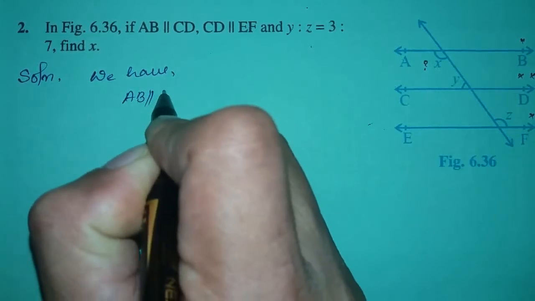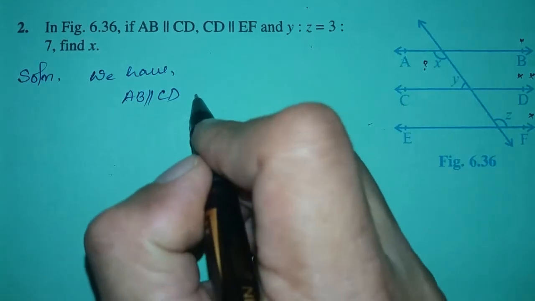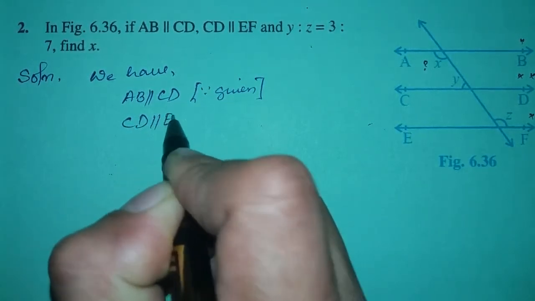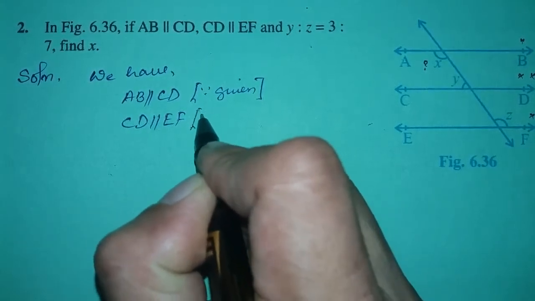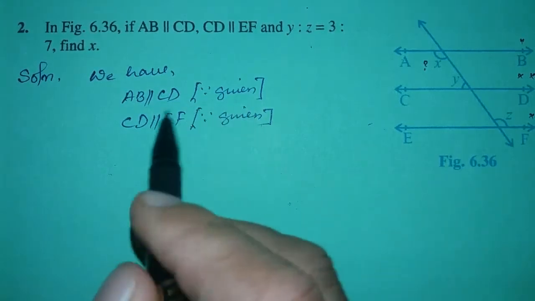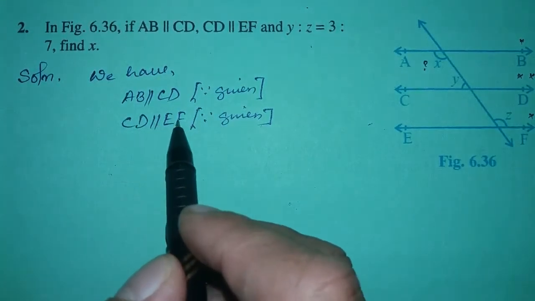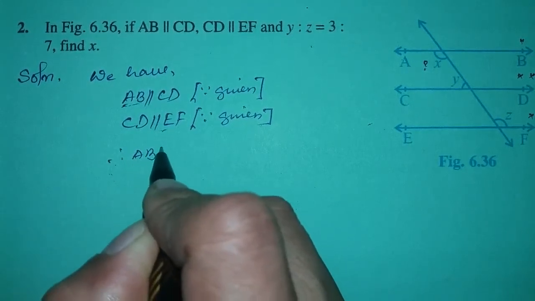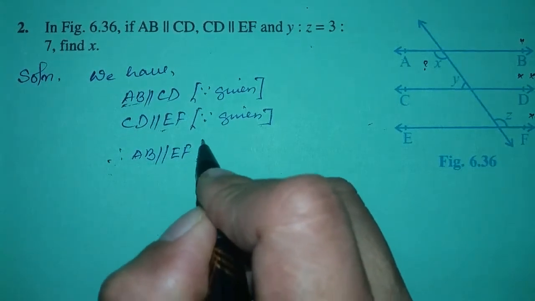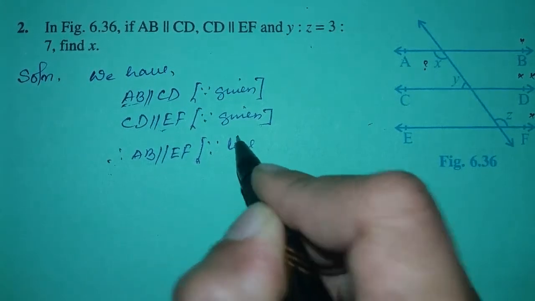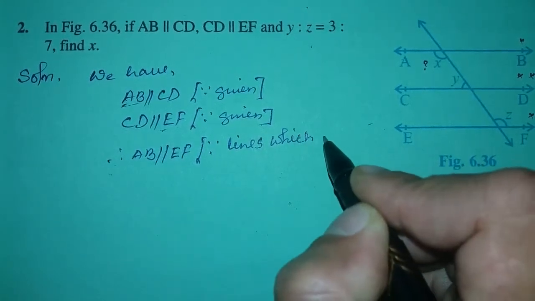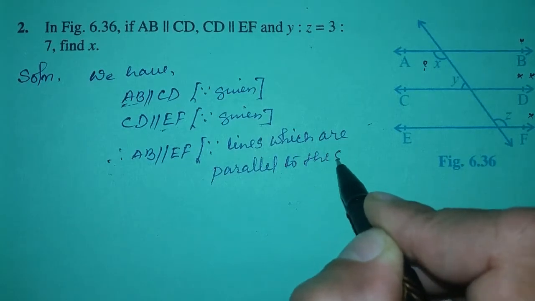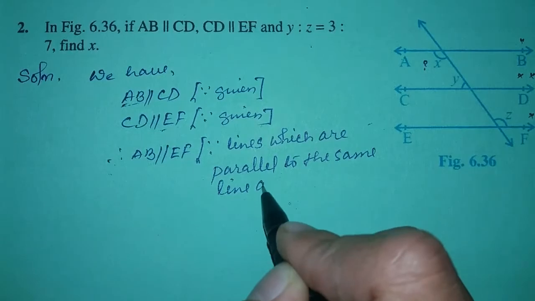AB is parallel to CD, and also CD is parallel to EF. This is given. Now since AB is parallel to CD and CD is parallel to EF, this AB must also be parallel to EF. Therefore AB is parallel to EF. Since lines which are parallel to the same line are parallel to each other,